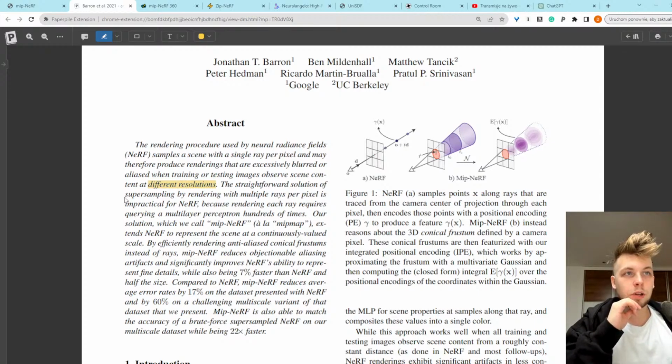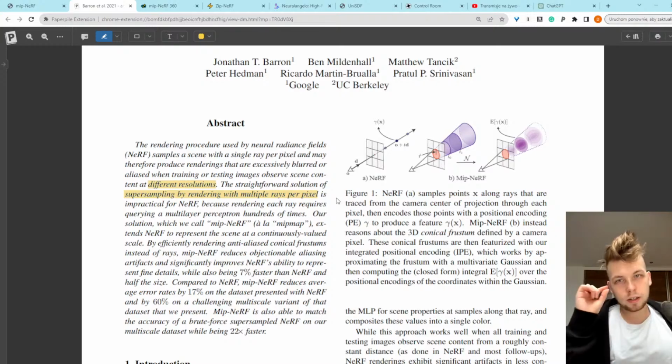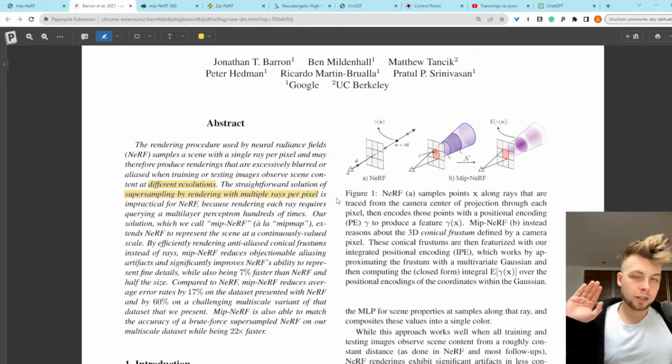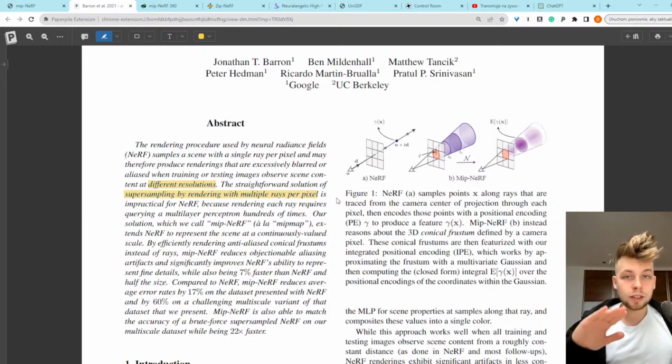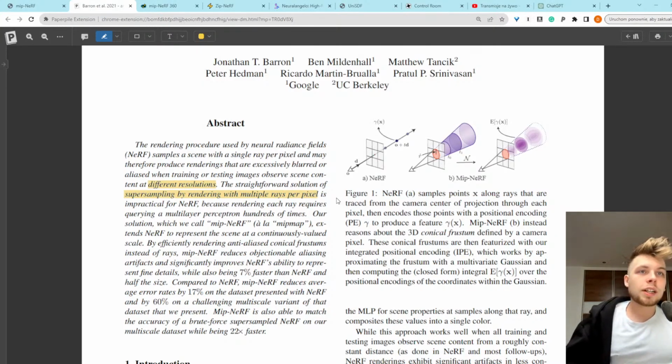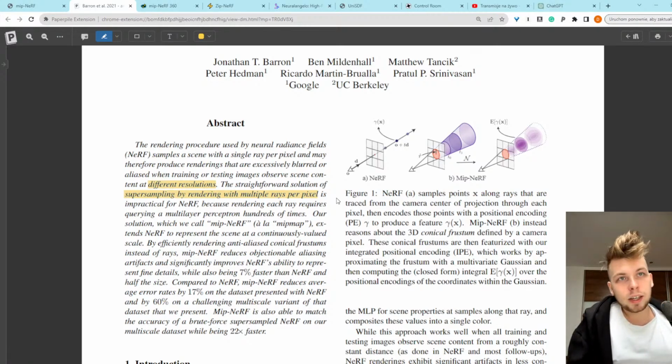And there were some other solutions proposed with super sampling with multiple rays per pixel, which means basically adding more rays on a particular pixel to generate even more samples to allow for this super resolution training, where we increase the resolution of input images and decrease them, and we can sample more points at different resolutions and get better results. But realistically, this is